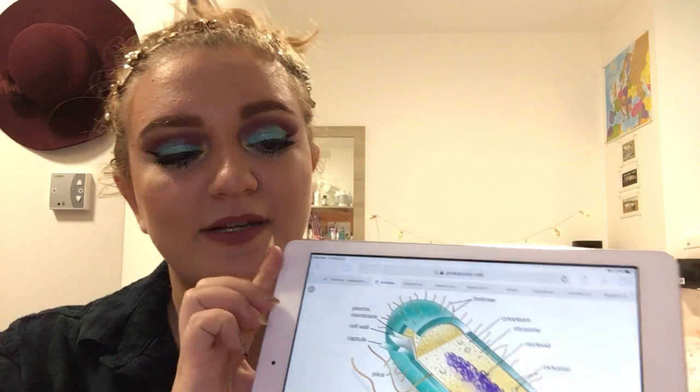Moving on to prokaryotes, much simpler, as you are aware. When it comes to prokaryotes, there's two types, bacteria and archaea. I believe it was once thought that archaea are a type of bacteria, that for a long time people thought they were just a kind of bacteria, but once again, as technology has advanced, we've been able to find out more, and we've found that archaea are a lot more unique than we originally thought. But bacteria and archaea are both prokaryotes, which typically look a little something like this.